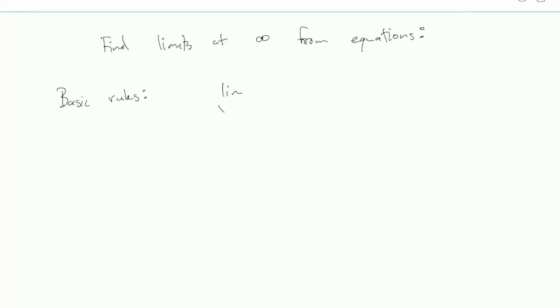One of them is if I have a limit as x goes to infinity of some kind of power of x, I'm talking about x squared, x cubed, x to the 4. If you recall, all of those functions basically look like this, or maybe like this from the left side. In an x cubed, the left side goes down. In an x squared, the left side goes up. But anyway, both of the right sides always go up in a polynomial like this. These ones depend on whether it goes up or down to the left, depending on whether the n is even or odd. I hope you remember some vague rules about this. But anyway,